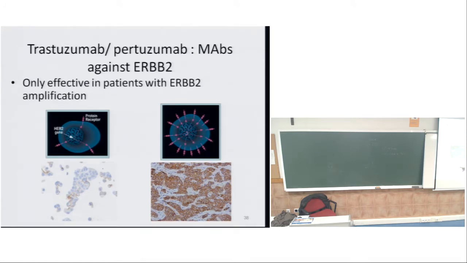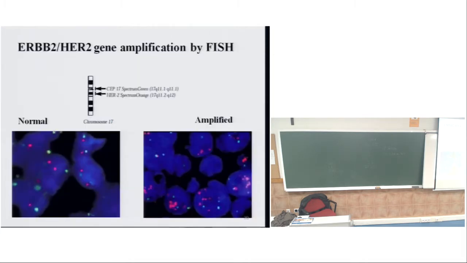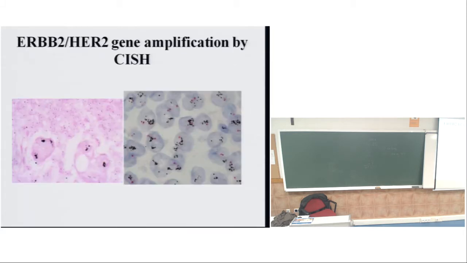Here you can see a breast carcinoma which is not from this subtype, so it doesn't overexpress HER2. But here you can see that it overexpresses it. You can see in the membrane of all tumor cells the high expression of HER2. So this woman is a good candidate to be treated with a monoclonal antibody targeting HER2. That's how it is diagnosed, with probes against the DNA, where we can find many copies of HER2.